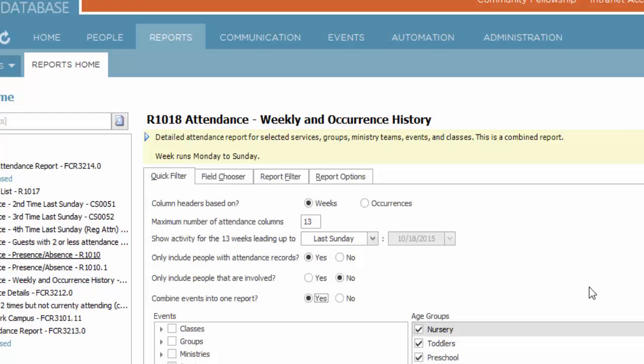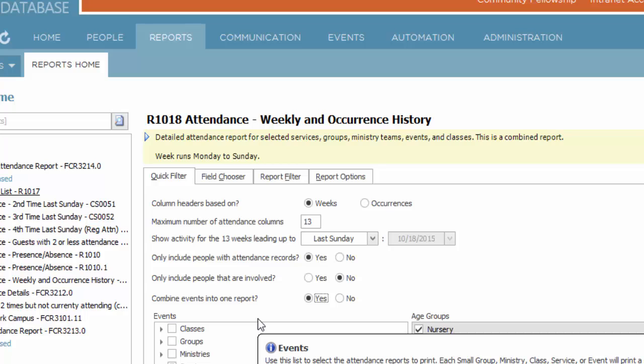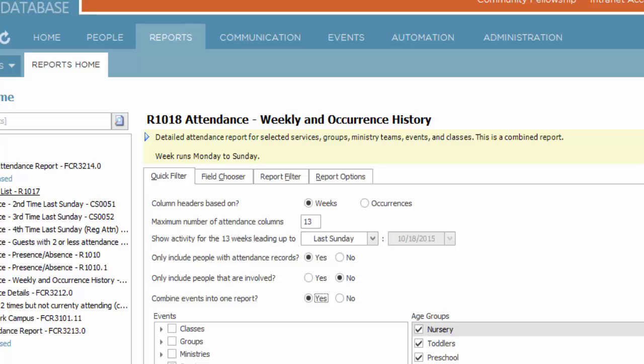Let's review our tip. Our suggestion is you can run R1018 strategically to look for students who may be trailing off in their attendance, and then communicate with their parents. You may choose instead, or in addition to run this report and distribute it, perhaps to your small group leaders. In that case, you don't want to run it to a data grid, although you certainly could and do a printout. You could just run it as a report,